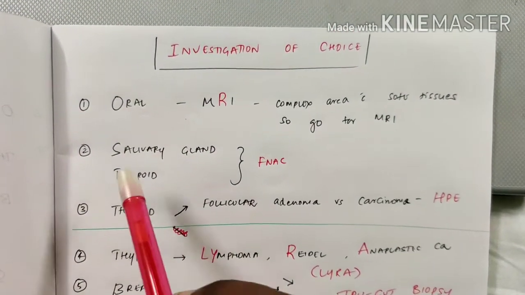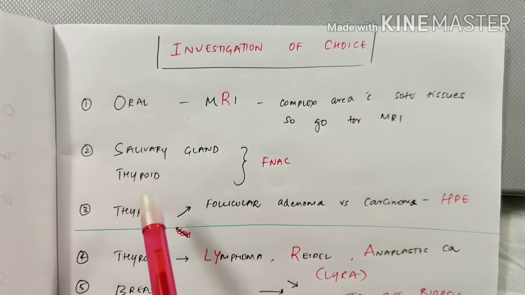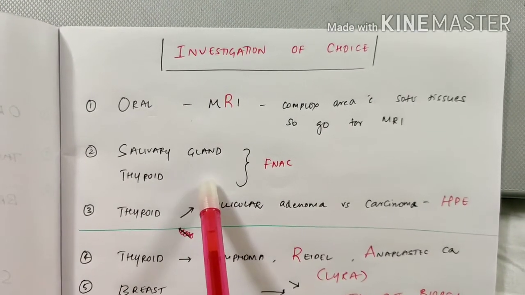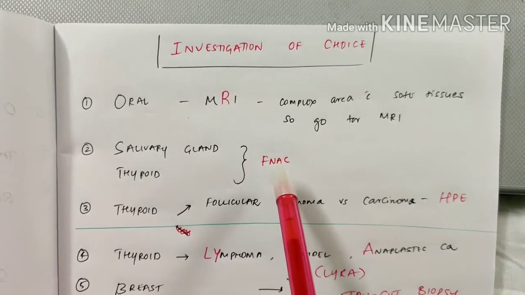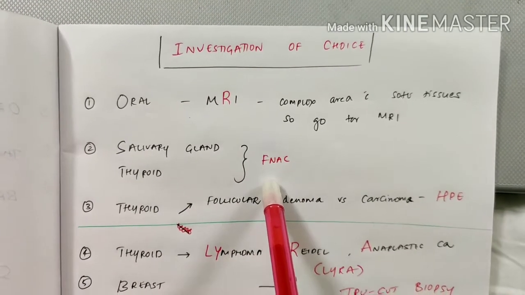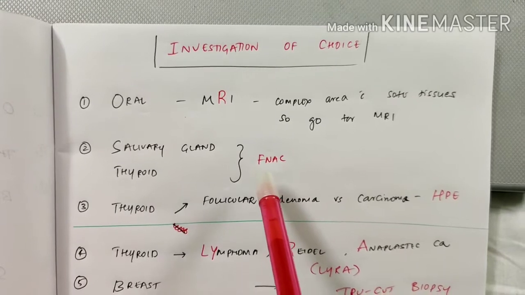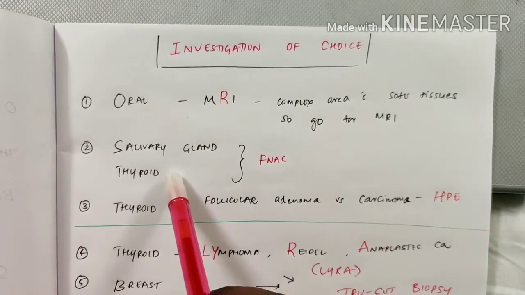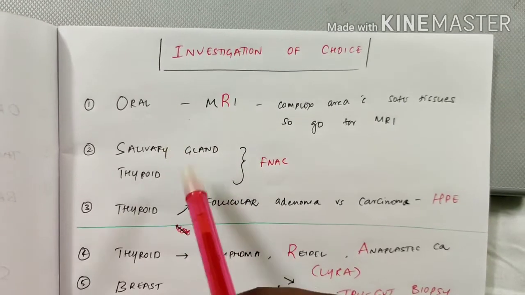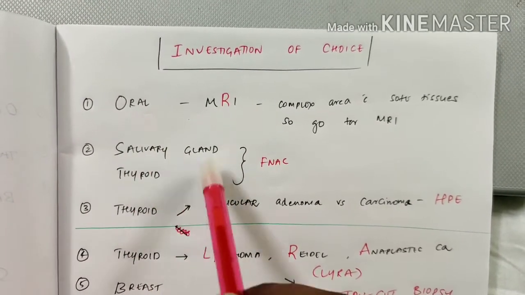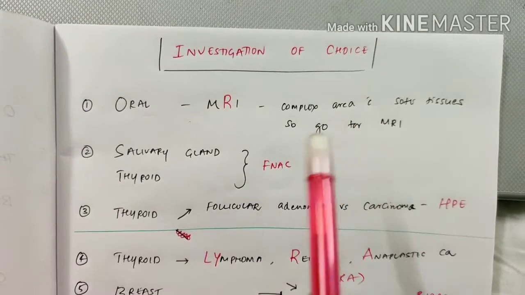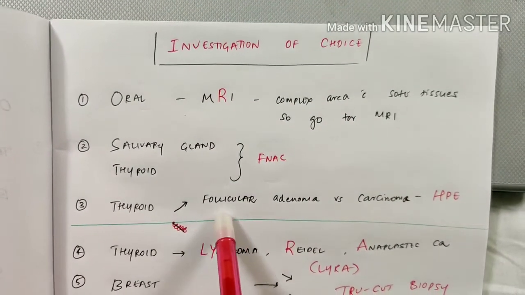And then when it comes to glands like salivary glands and thyroid glands, they are glands, right? So for glands you go for FNAC. For salivary gland and thyroid gland you go for FNAC, whatever may be the pathologies, like goiters in thyroids and some cysts, everything related to thyroid you go for FNAC, except if it's a follicular adenoma